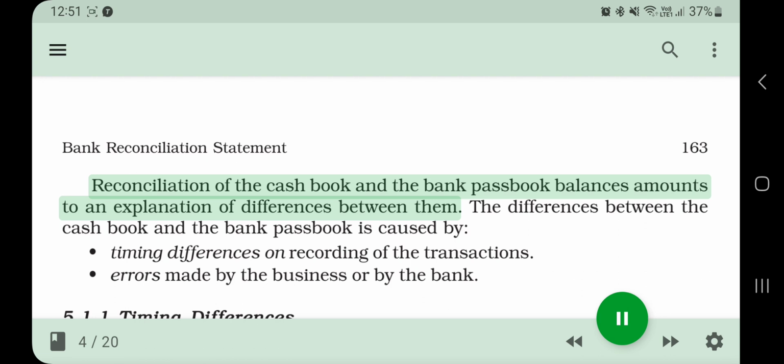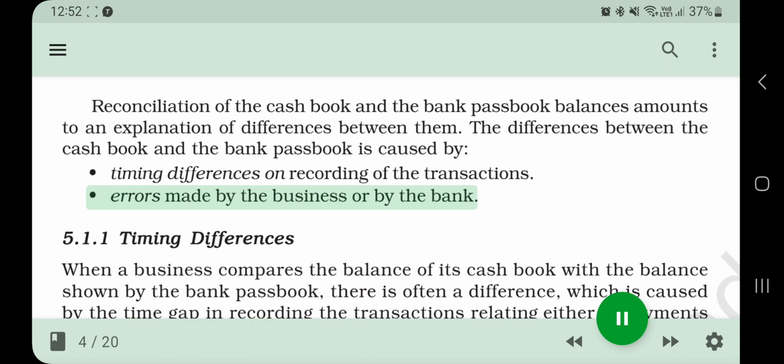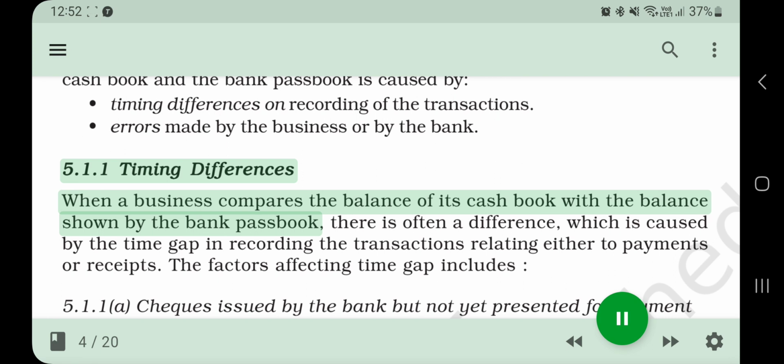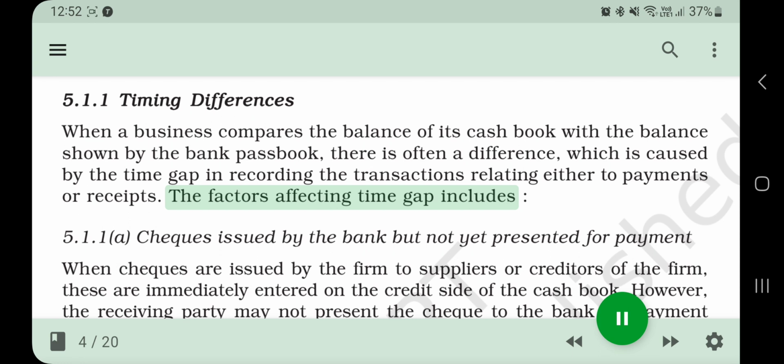Reconciliation of the cash book and the bank passbook balances amounts to an explanation of differences between them. The differences between the cash book and the bank passbook are caused by timing differences in recording of the transactions, and errors made by the business or by the bank. 5.1.1 Timing differences. When a business compares the balance of its cash book with the balance shown by the bank passbook, there is often a difference, which is caused by the time gap in recording the transactions relating either to payments or receipts. The factors affecting the time gap include: